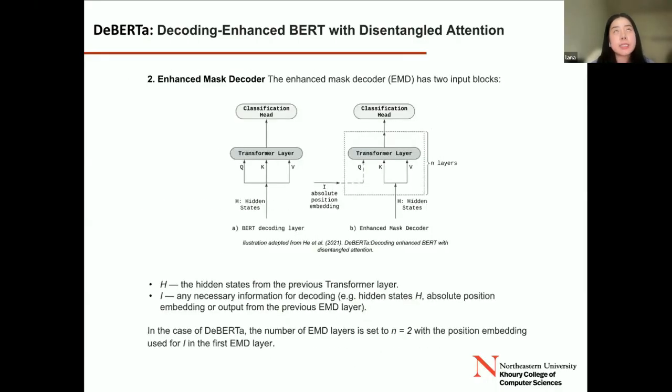And the next innovation that DeBERTa introduced is the enhanced mask decoder. So I talked about relative positioning in the previous slide, but absolute positioning is also very important. Absolute position is where a token is in a sentence. If the sentence has 5 words, then its absolute position would be first, second, third. And DeBERTa incorporates absolute positioning after all the transformer layers, but before applying the softmax layer, as shown